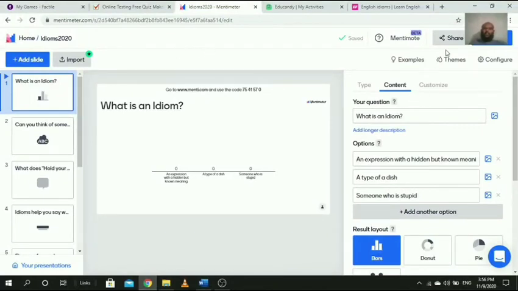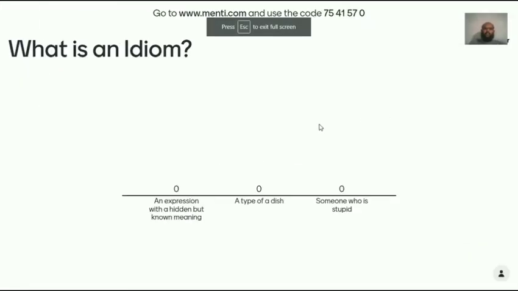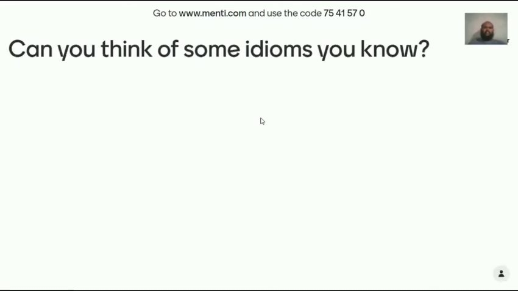Okay, so the first slide is what is an idiom. So the students can then choose from here, and then a graph would be displayed on their answers. And the next one is whether they can think of some idioms they know, they can write them down, and then it will generate a